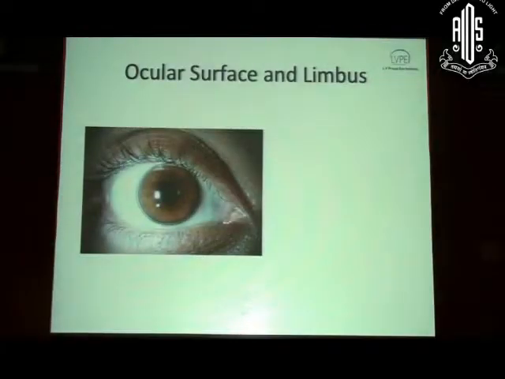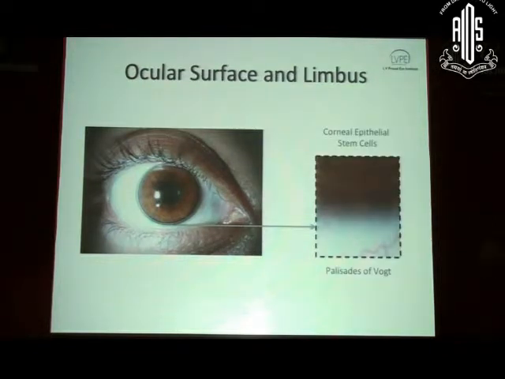So as you all know, to have a healthy ocular surface, you need a healthy limbus. The reason for this is that the corneal epithelium is maintained in a healthy state by the epithelial stem cells which are located in the palisades at the limbus. And the palisades